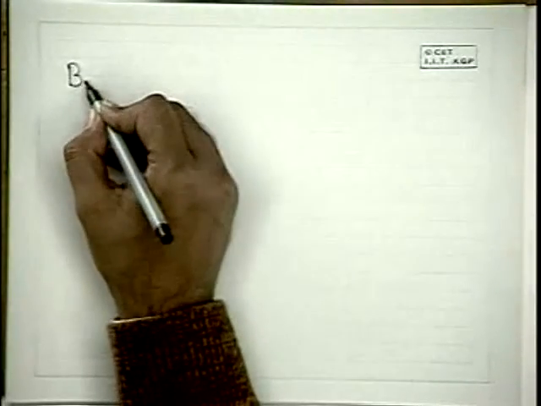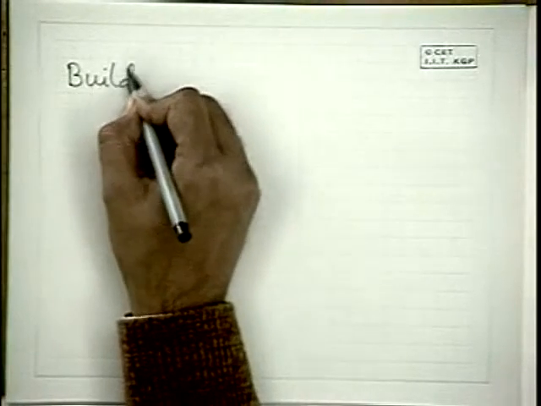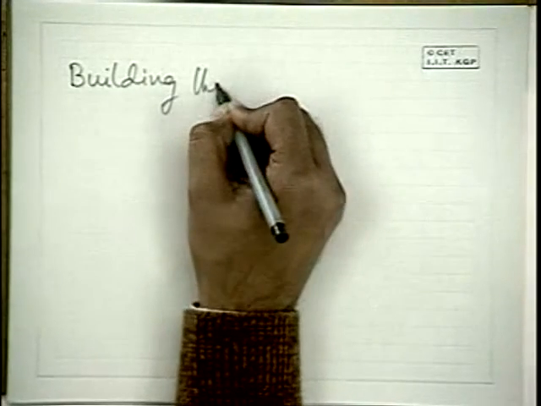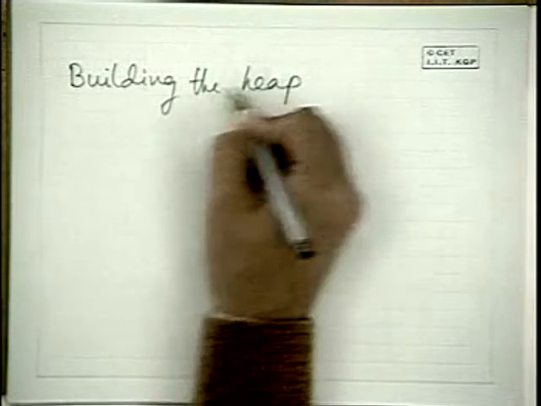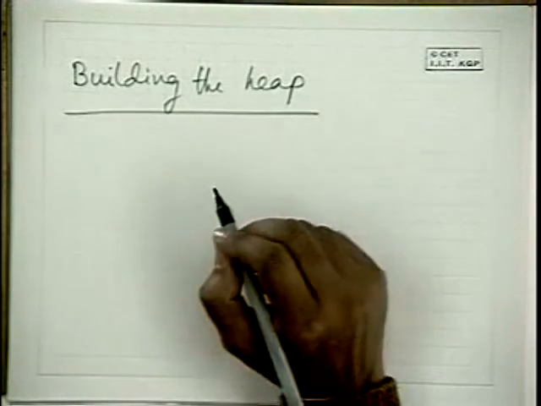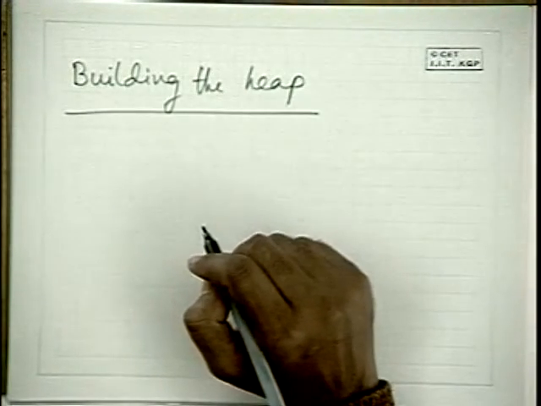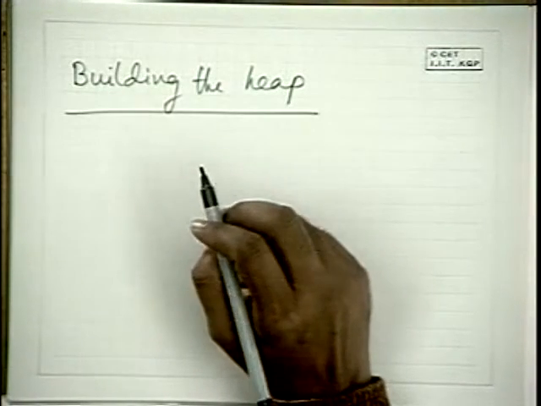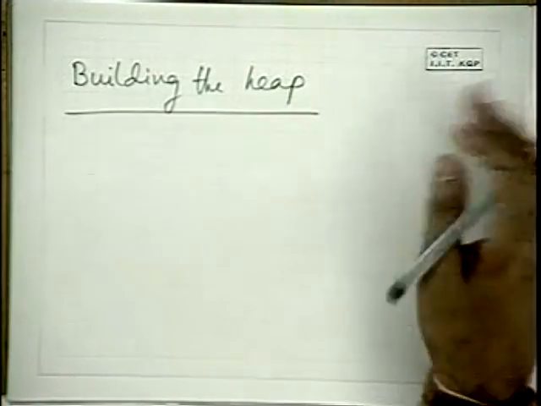Okay, now the question of building the heap. Yes. It is also theta of log n. It's theta of log n. Sometimes I will not mention theta of n, is almost obvious. Okay, so building a heap. So now let's see. Initially heap is not given to you. Somewhere it has to be started. How can we build the entire heap?